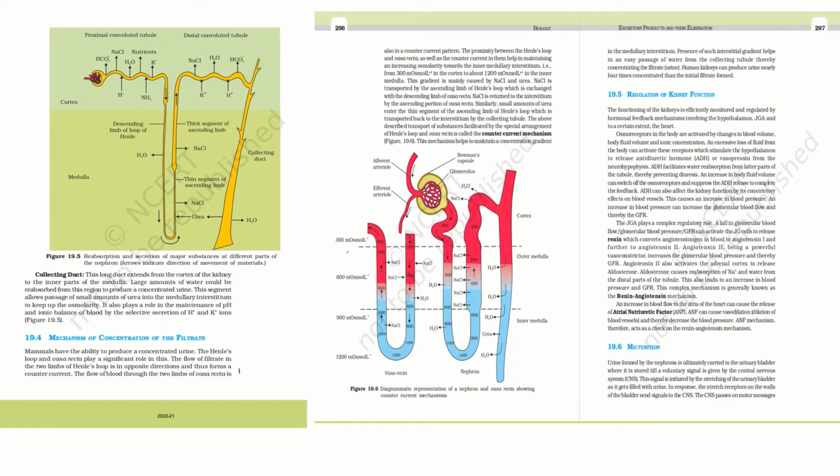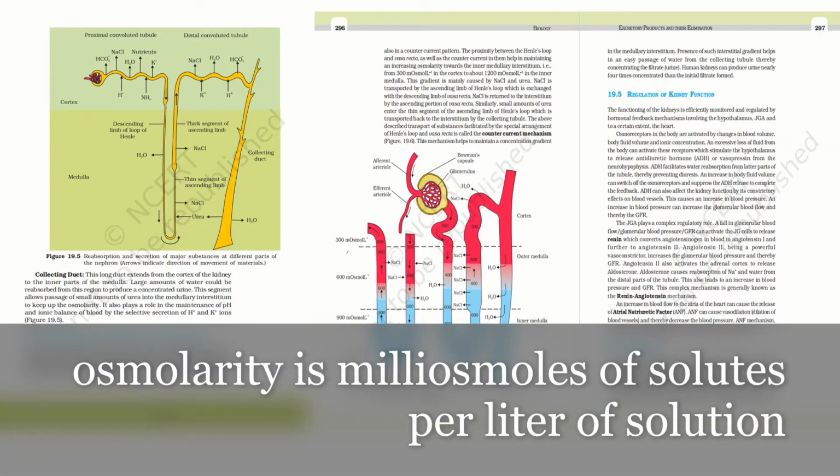Now, the osmolarity of urine ranges from 300 milliosmolarity per liter in the cortex to 1200 milliosmolarity per liter, which is highly concentrated, deep into the medulla. Right. Now, this range of osmolarity is basically maintained by the counter current mechanism. Now, this counter current mechanism is a major part of today's discussion. But before that, let us try to understand where these things are occurring. Right. So basically, we are talking about urine formation, urine concentration. So it is in the kidney.